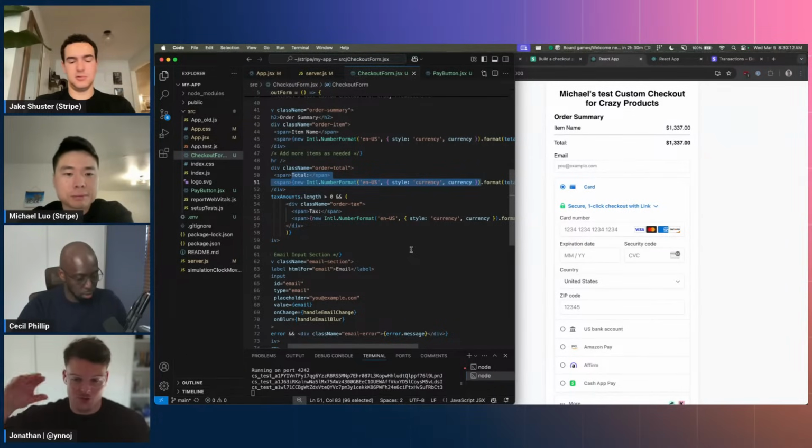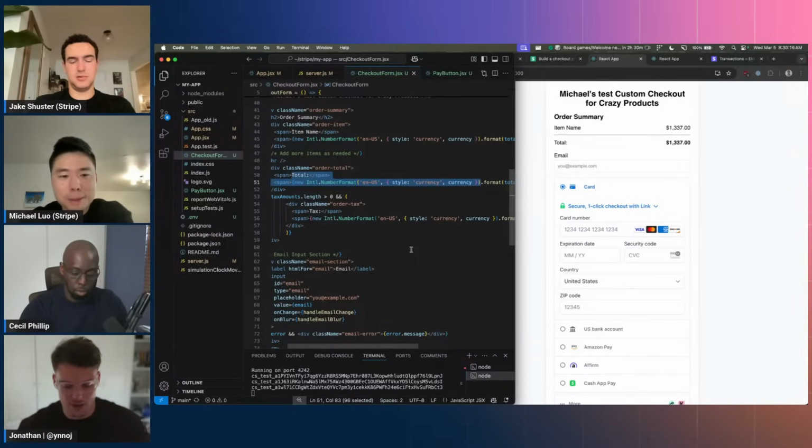So everything is rendered on the client in terms of the UI, and then you have the server side primitives in Next.js where you can have route handlers or server actions to create the API objects and make the API requests that you need to. So all of this should work in Next.js, and I'm sure when we GA, we'll have an official